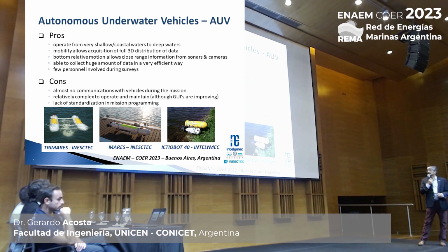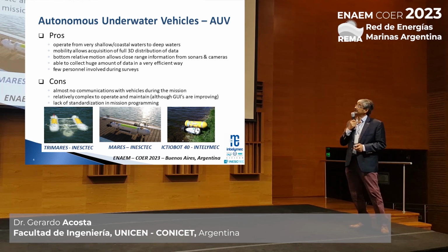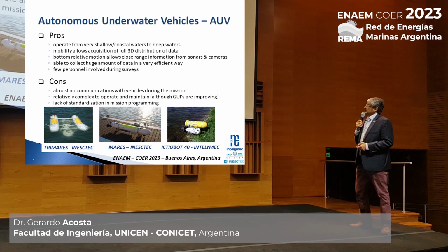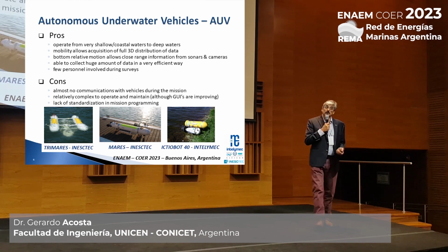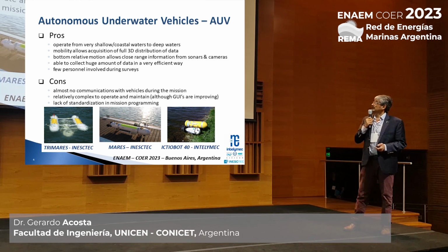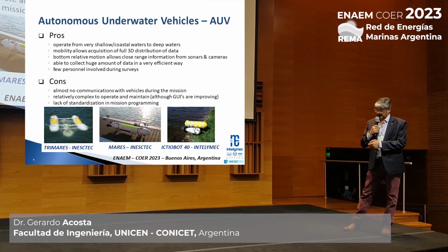Regarding the cons, we have, as I told you, a limited communication capability. They are relatively complex to operate and maintain, even though we are making great efforts in the user interfaces to improve this point. And there's still a lack of standardization in mission programming. Another group of